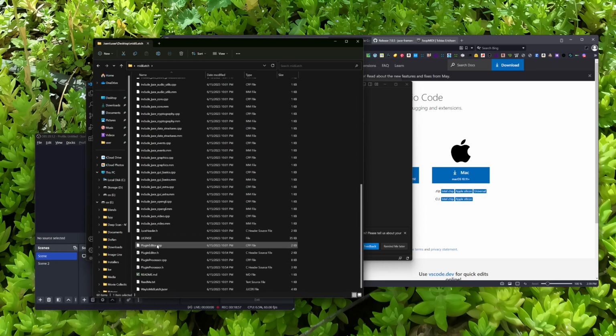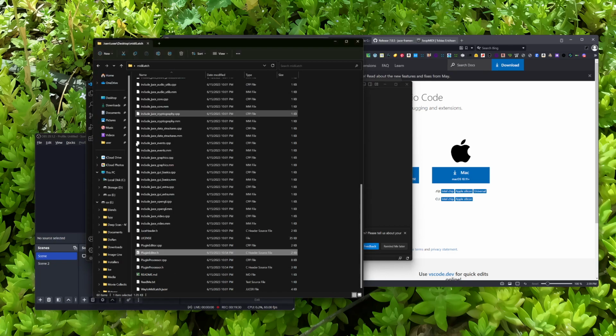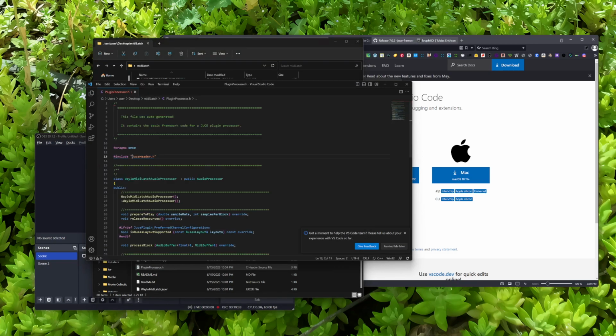So the two other files that need to be edited are plugineditor.h and pluginprocessor.h. They have a hard-coded path. Whoever wrote this put their Juice folder in a different place, so you just have to change that. This line right here, where the include Juice header was, was something else. I just edited line 13 on plugin editor H and plugin processor line 13 also. Once that was done, it was able to compile,